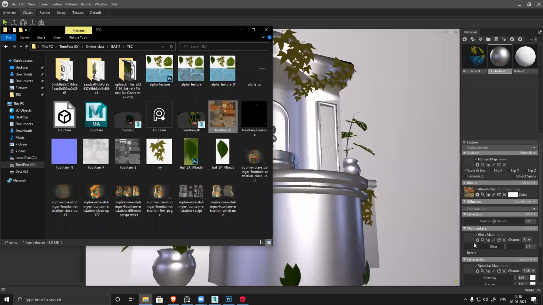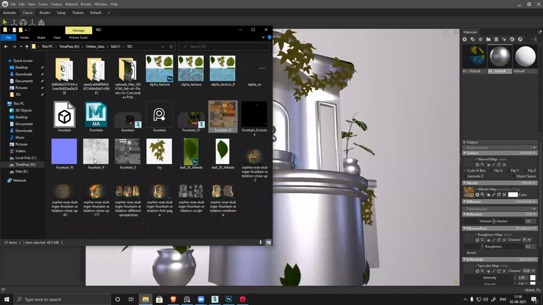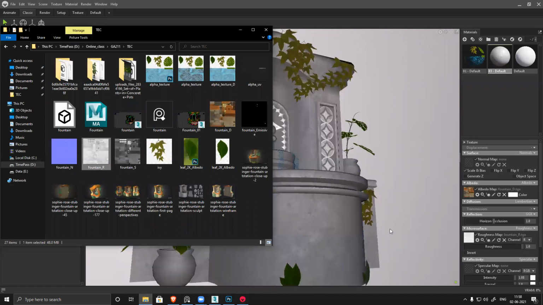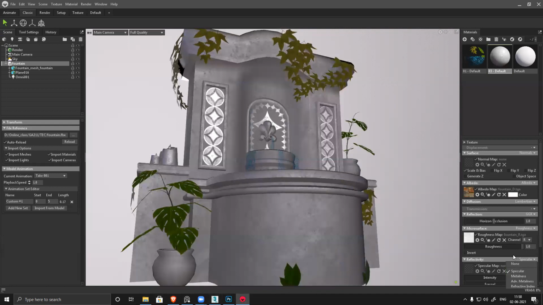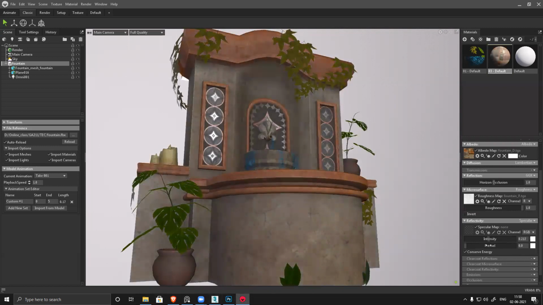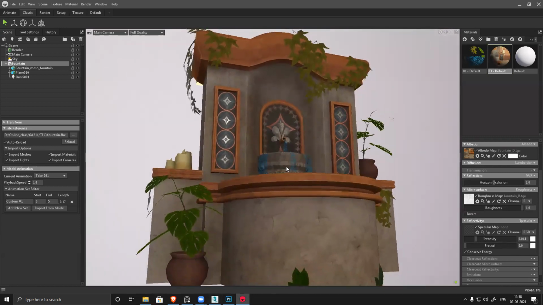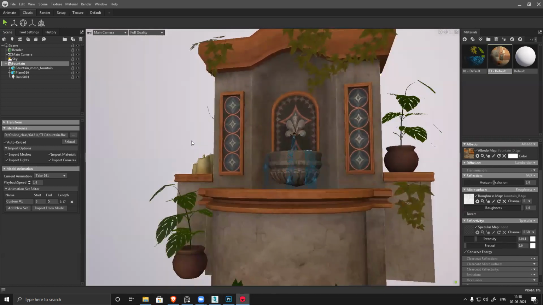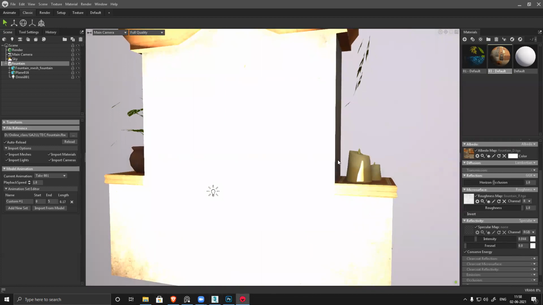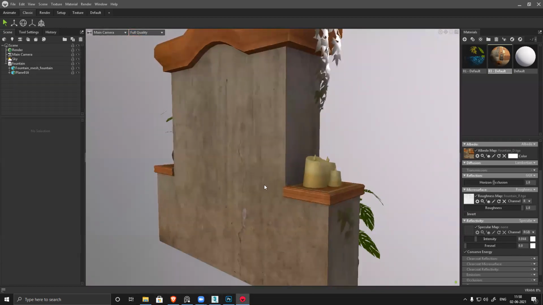Then gloss changes to roughness. Apply your roughness here, and specularity, you can see how specular. This is for metalness. If you have specularity here, reduce it, not 100%, maybe 50-60%. Still you can see you have the glossiness. Oh, that light also came. Delete.